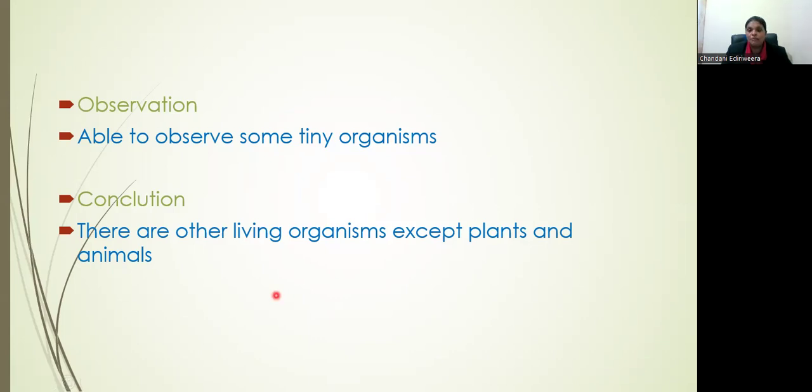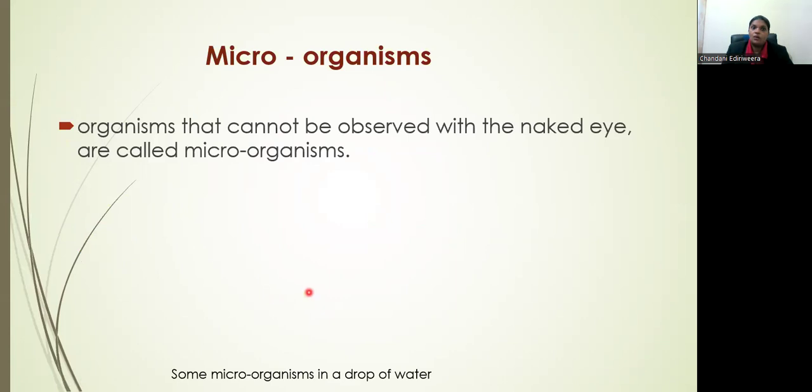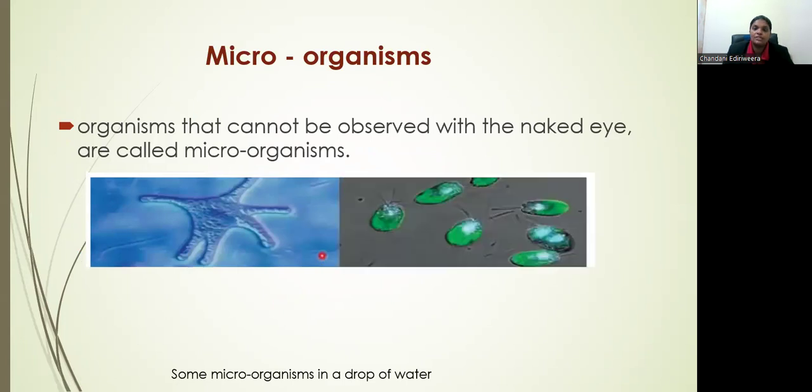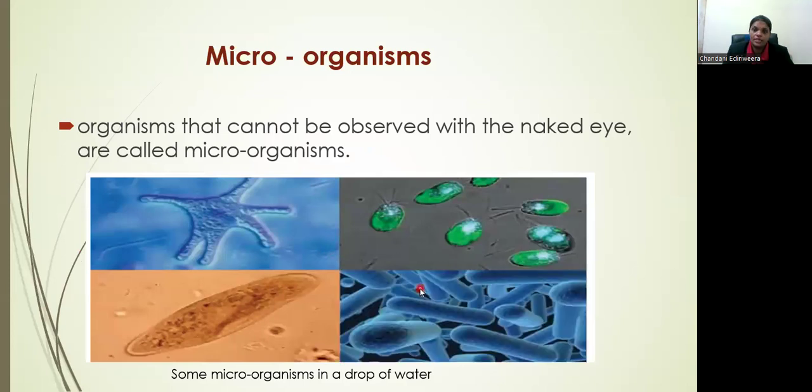organisms. So that means other than the plants and animals, there are some other tiny organisms also there. So we call these organisms the microorganisms. The organisms that cannot be observed with the naked eye, we call microorganisms. Okay? So there are different types of microorganisms you can observe when you take a sample of pond water here,